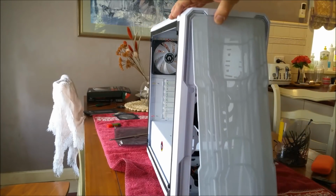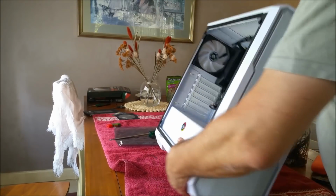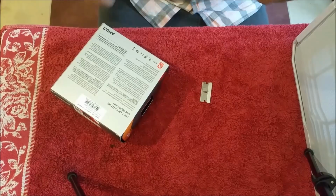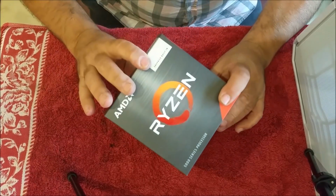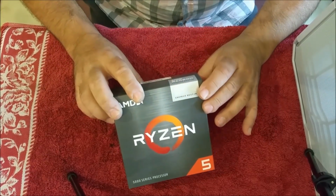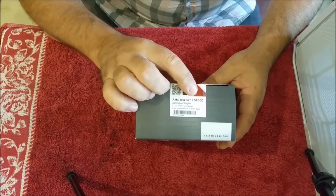But there's a lot of design gone into it, and it almost looks too simple. Right, here's our processor. It's an AMD Ryzen 5, but it's the G, the 5600G, so it's the graphics built in, which is always a compromise. They're slower than the X,